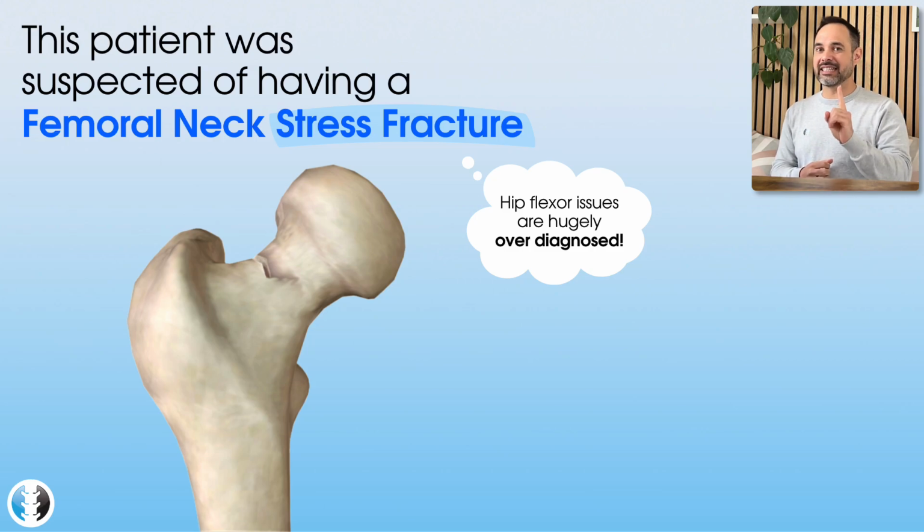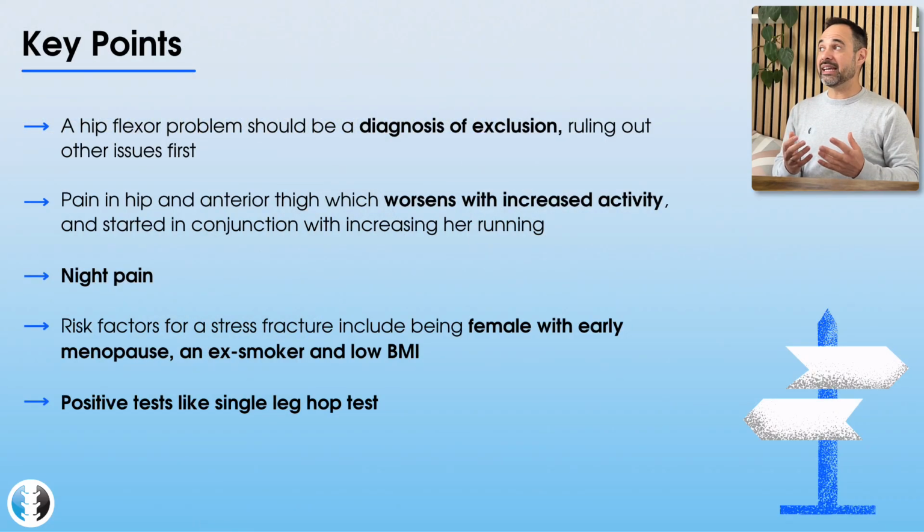But the first thing to mention is not about the neck of femur stress fracture, but actually about the previous thought from the private physio that this patient may have had hip flexor tightness. What we actually find in clinical practice is that hip flexor issues are really heavily, overly diagnosed. And therefore, what we should be doing is thinking about a hip flexor problem as a diagnosis of exclusion, looking at other conditions